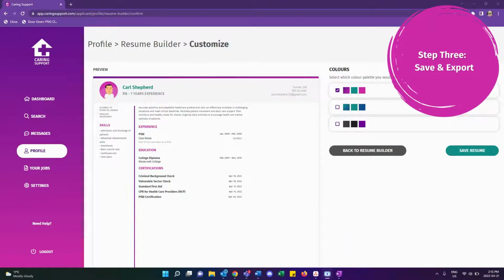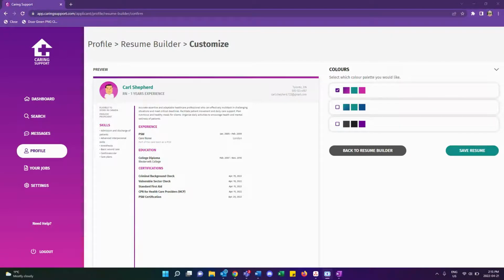Step 3 is where you're going to save and export your resume. But before you do that, you get to do something really cool with the resume itself. This is where you get to choose from one of 3 color palettes that Caring Support has put into their resume builder for you. Pick one that speaks to you, and then when you're ready, you're going to click the